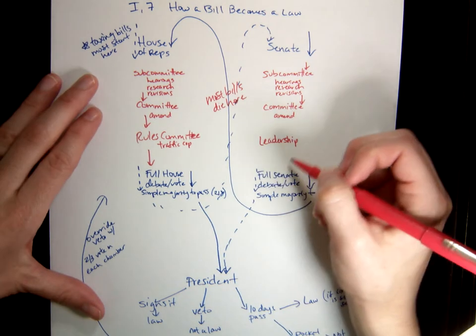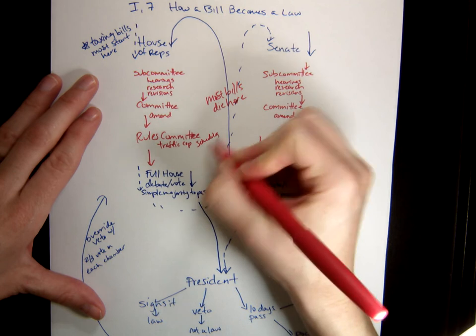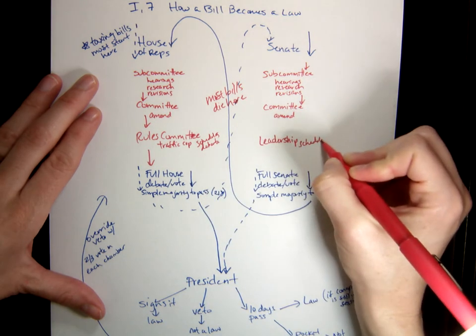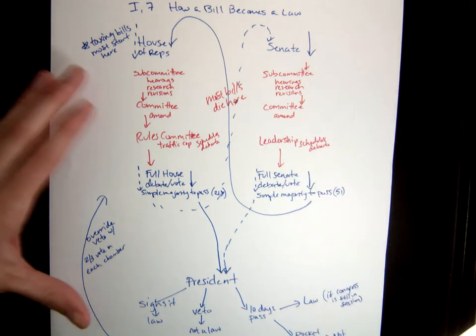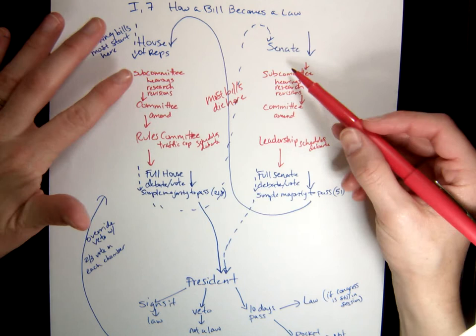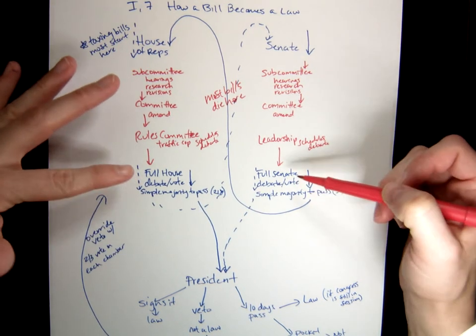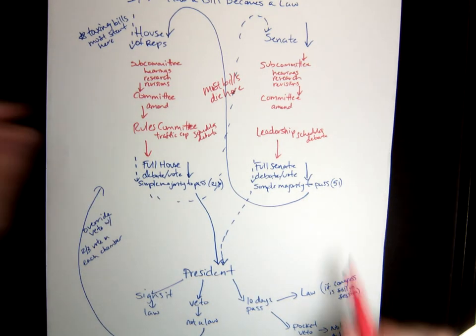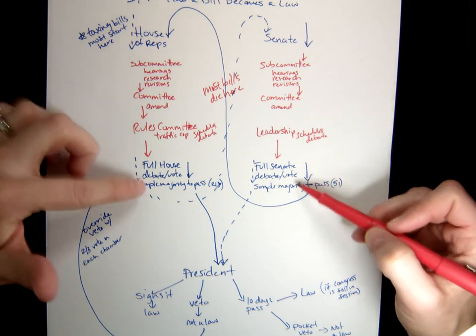And the leadership does sort of the same thing: schedules, debate. And then it could go there. So if it actually makes it out of committee and goes to the full Senate or the full House, there you are. Need 51 to pass, you send it to the president. But notice here that the committees could make amendments, and even on the floor there could be some debate, vote,